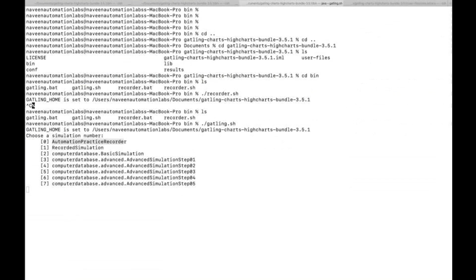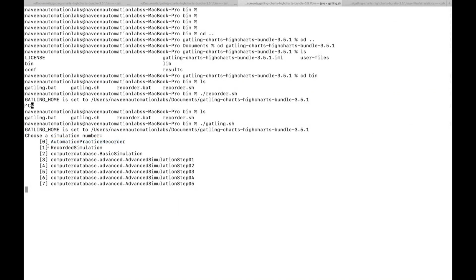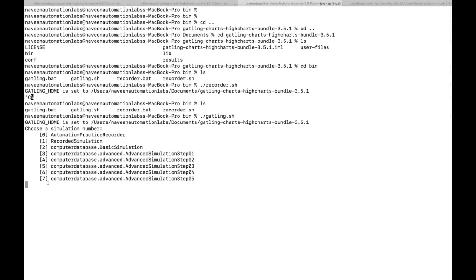And then it will ask you which simulator you want to execute. Just provide the number. So I'm just going to provide the number as 0. It means this is the simulator that we have created, we have recorded. And let's see, this is my test runner I'm writing. This is the description that I have given. You can write any description, and then the simulation got started now.